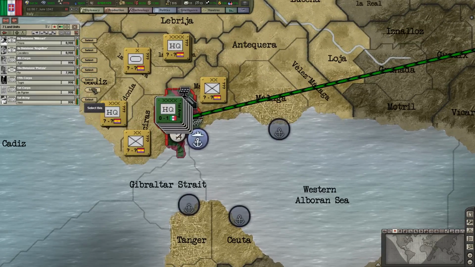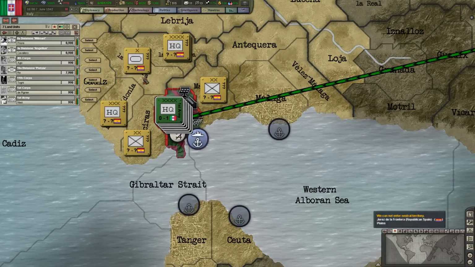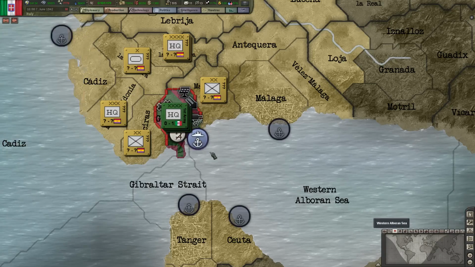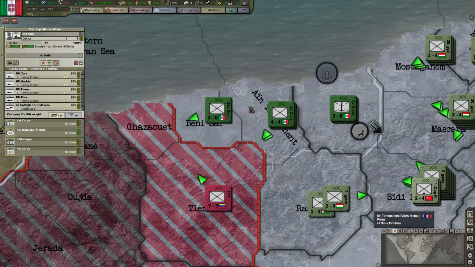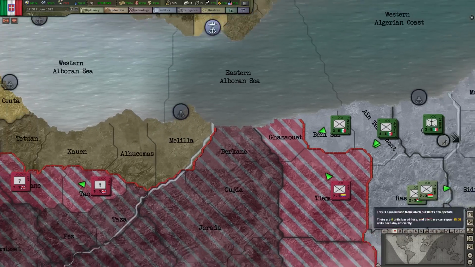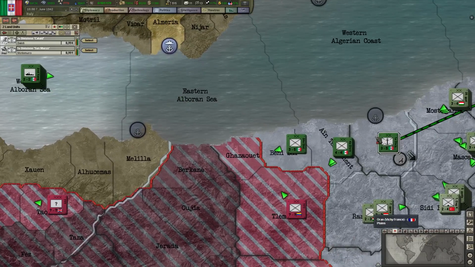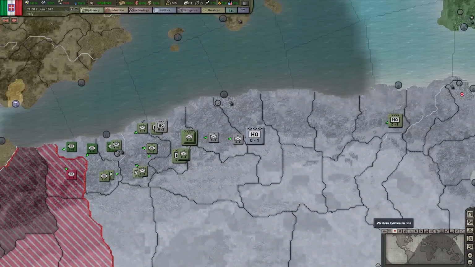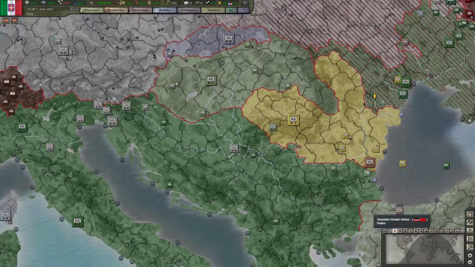Let's see, let's select you. Can we move them all? Yep, we can. I don't know, there's a little bit too many HQs for too little... let's just try the invasion there. Too many HQs for too little actual troops. Let's see. Alright, go Hungary. I hope they actually help out, but...